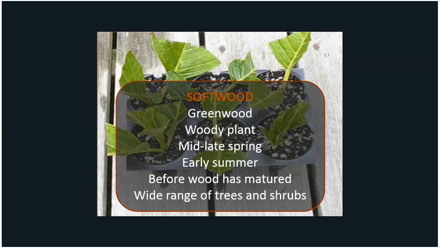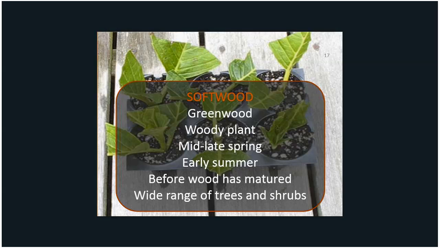Now, if I picked a cutting and I wasn't sure, is it softwood, is it semi-hardwood, simply take that cutting between your two fingers, try and bend it back and forth a little bit and see how agile it is. If it bends easily and freely, it's likely to be softwood. Once it's starting to get more woody, it's not quite as flexible, it's getting that brown color to it, it's now a semi-hardwood cutting. Softwood cuttings do root rapidly, but not nearly as fast as herbaceous cuttings, and the percentage isn't as high. Good thing with softwood cuttings is they don't wilt quite as easily as herbaceous cuttings do, depending on which plant